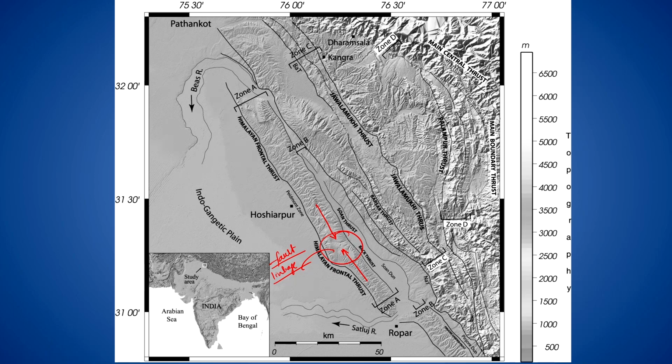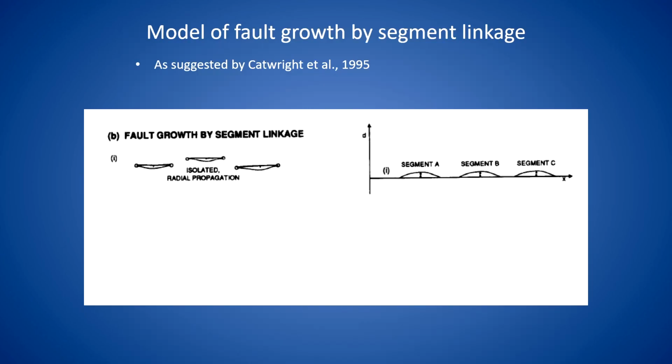Before this there was an interaction. We'll come to the process of how it actually happens. Before that, this area was a sort of a gap through which the Satluj flowed, and that is how we also identified the paleo channel of this area. Coming to the concept behind this, the theory, or the segment linkage model,